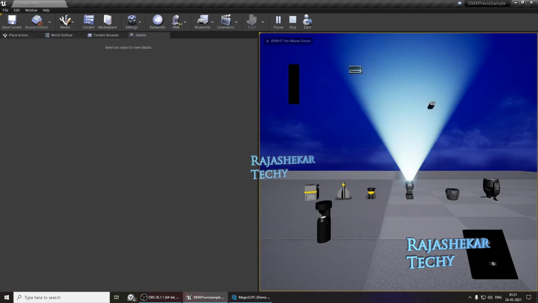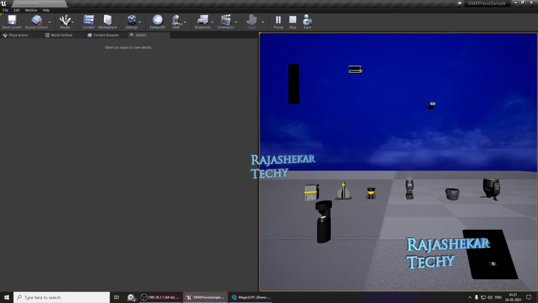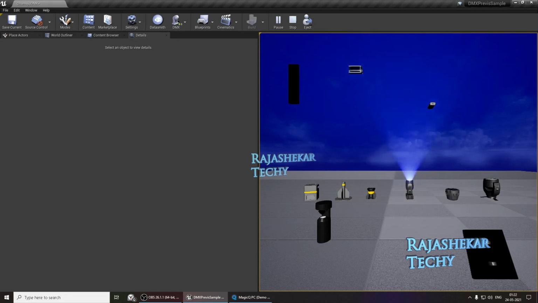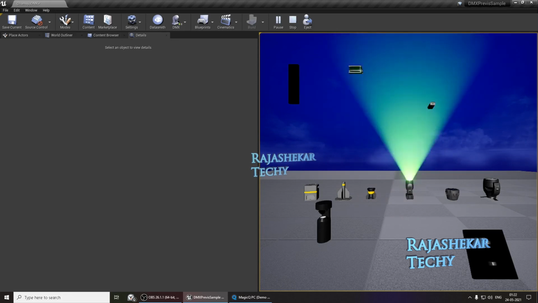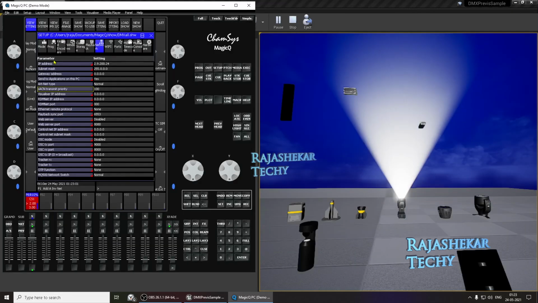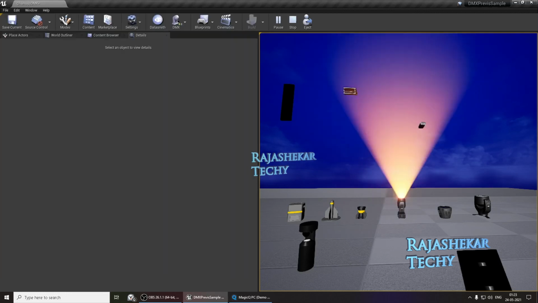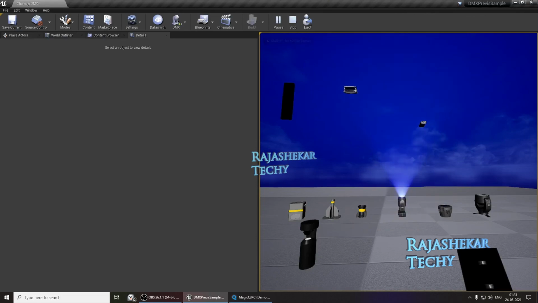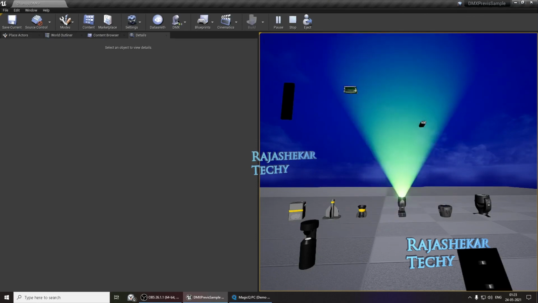And if you see, this is what we have animated. It is changing all the colors in the order which we showed, and finally it turns off. So from white to red to green, blue, and finally it goes off. Okay, so that's your animation. It's called a cue. So that's how you add a cue, and you record the position, not just color, you can even record the position as well.